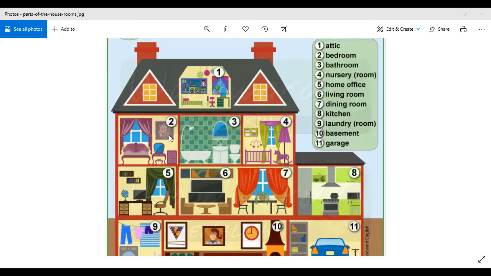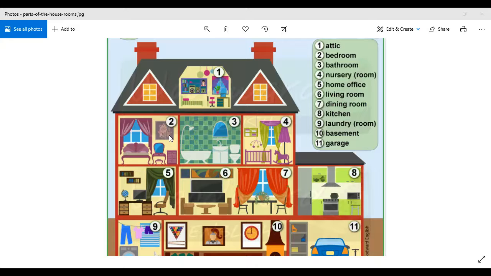Then we have a home office. A home office can be your father's room, or it can be within your father's room, where he used to work. So there can be a computer table and a chair in front of it where he usually sits and gets his office work done, right? Then there comes the living room. The living room is also known as the sitting room or the lounge area, where the family sits together, they watch something, they can have tea as well, whatever they want to do, right?